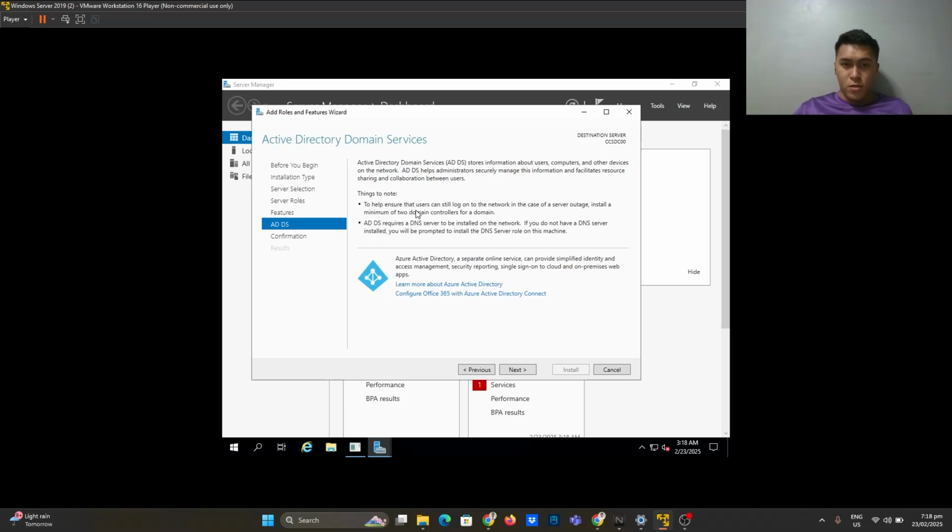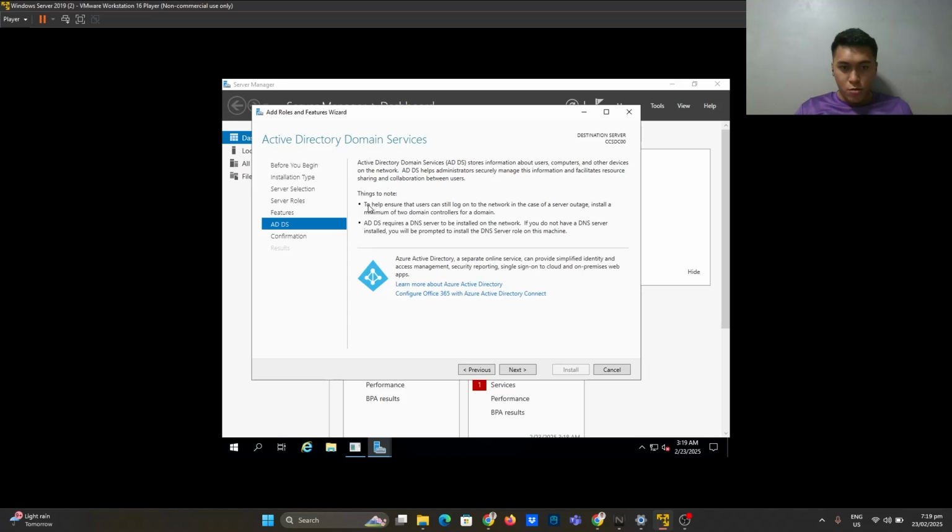So this will help you as a server admin navigate and manage other devices and other client users in connection to the network.